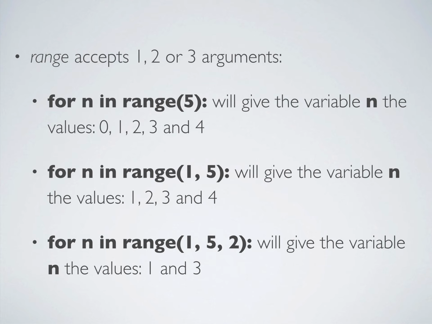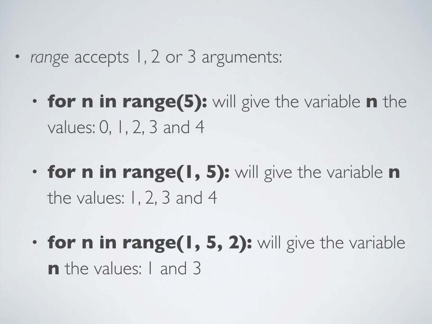Alright, so let's talk about how you determine what numbers to put inside those parentheses. Those numbers in the parentheses are the arguments. Remember we talked about functions last week? This is a function called range, so the values you put inside the parentheses are arguments. Range is a little bit of a special function in that it accepts 1, 2, or 3 arguments, which is pretty cool. So for example, if you give range one argument, one number, one value, 5, for example,